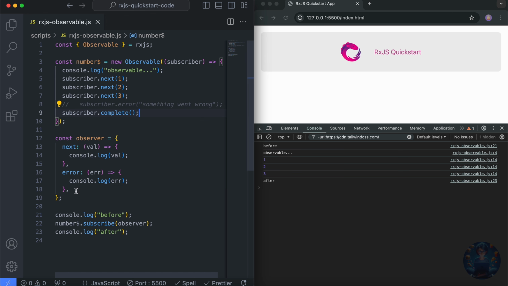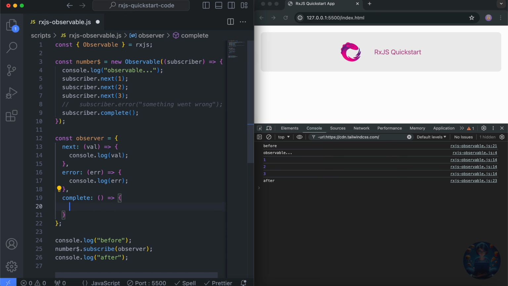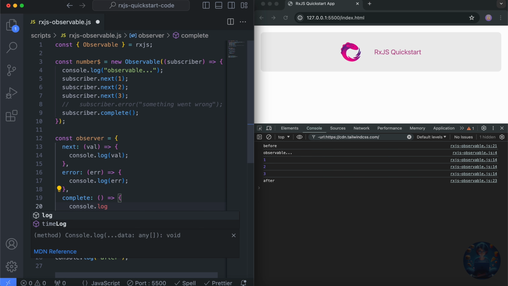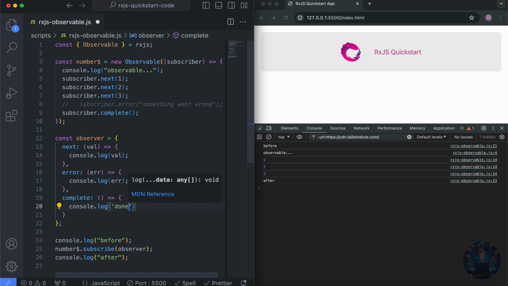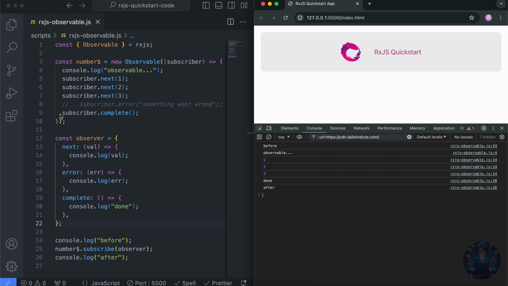And in here, you can call it complete. Since no value is being passed, no values will be collected. I will simply have a log here. Let's say done. You can see we have the values first, then we call the complete method. So we get the log done. I think you can use it for any kind of cleanup purpose you want to do, right? So that's about error and complete.